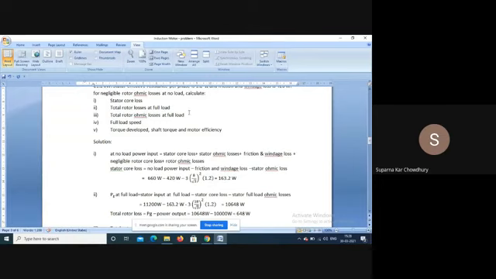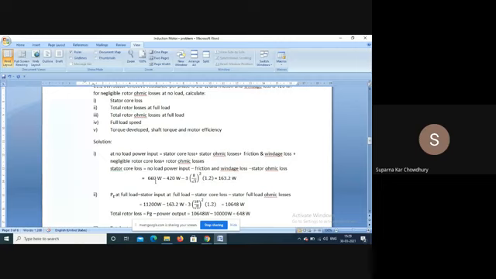It has been stated in the problem to be negligible. That is also true because the current in the rotor circuit is very small. So the stator core loss is equal to no load input power minus the friction and windage loss minus the stator ohmic loss, because these rotor losses have been neglected. So the stator core loss will be input power minus the stator ohmic loss minus friction and windage loss.